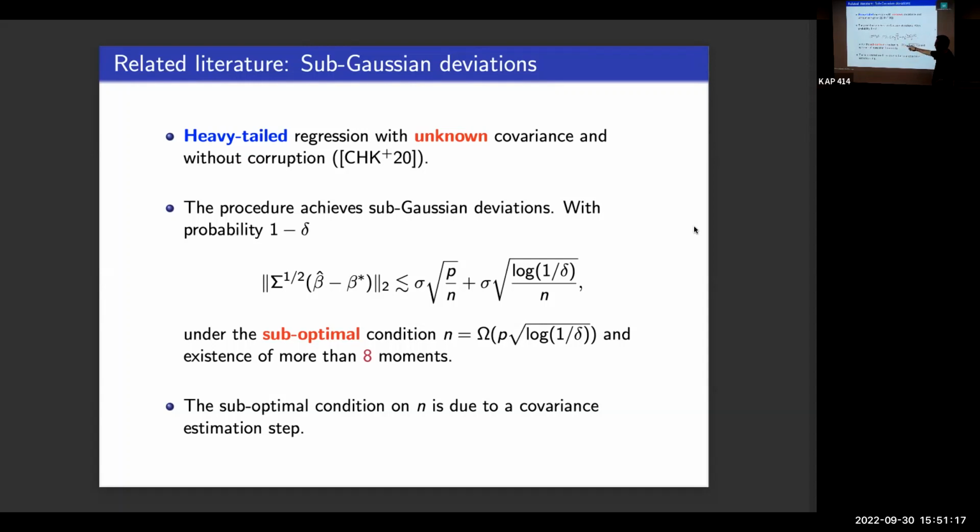While n of order p is exactly what is necessary, and it should be sufficient to require n of order p. And they have this method that requires more than 10 moments. It's a very technical paper, but at least they were, I think, the first to have a polynomial time method to achieve this, even if it's not fully optimal, but at least they came up with something that's tractable. But it's not optimal in the sense that they have to estimate sigma in advance. This step of estimating the covariance is what costs them this price, basically.